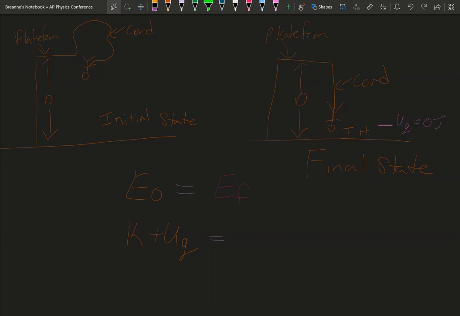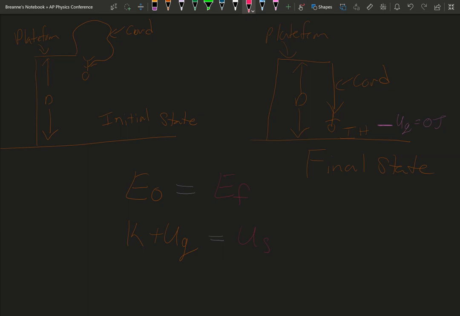At the bottom, it's not moving, so we don't have any kinetic, and no gravitational, but the cord is completely stretched out. So now we have our spring potential energy. So that's kind of what's happening here. So you could write your little equation, but make sure it says state, so make sure you put some words in there. So you can say, like, at the beginning, the person has kinetic energy because the person has an initial velocity, and the person-cord-Earth system